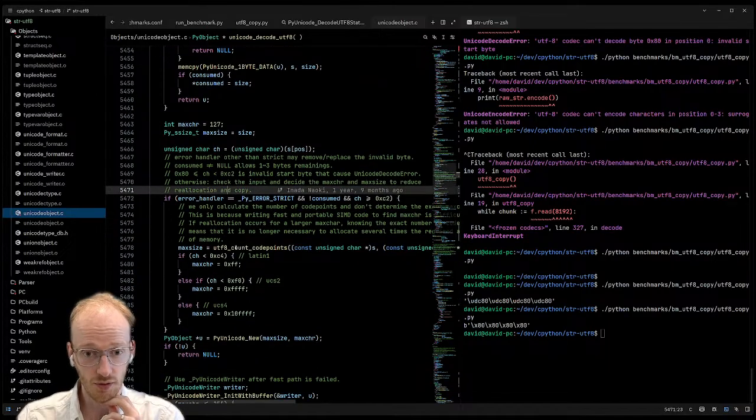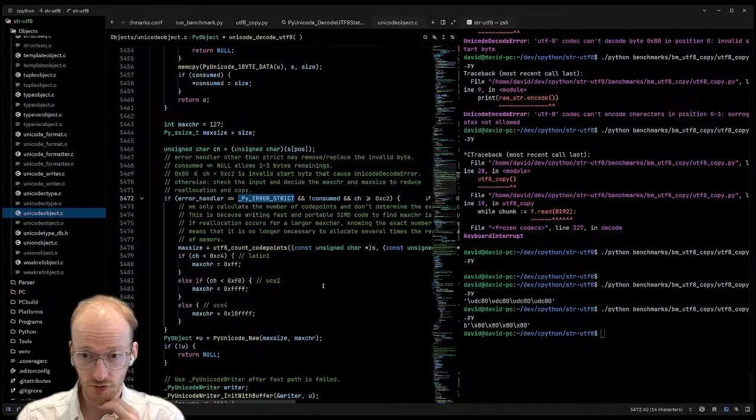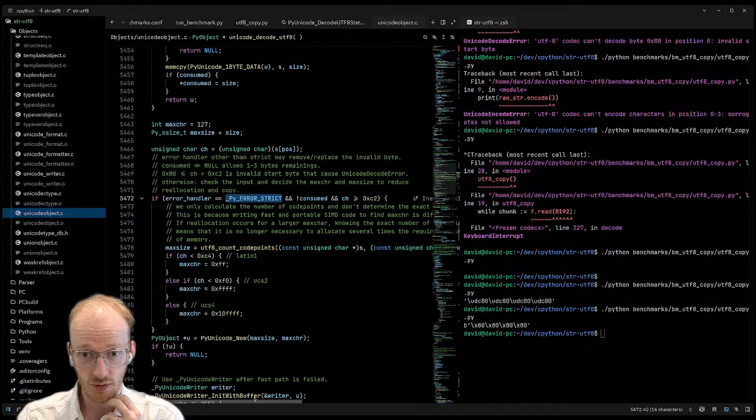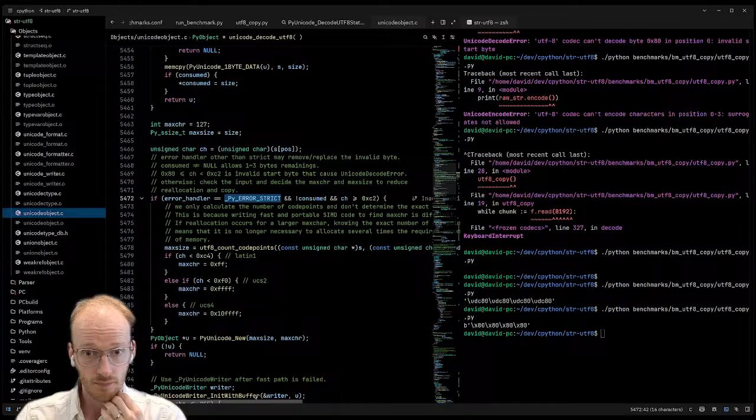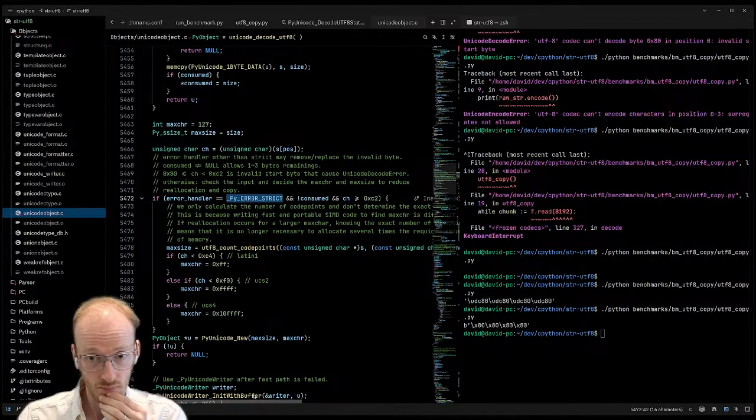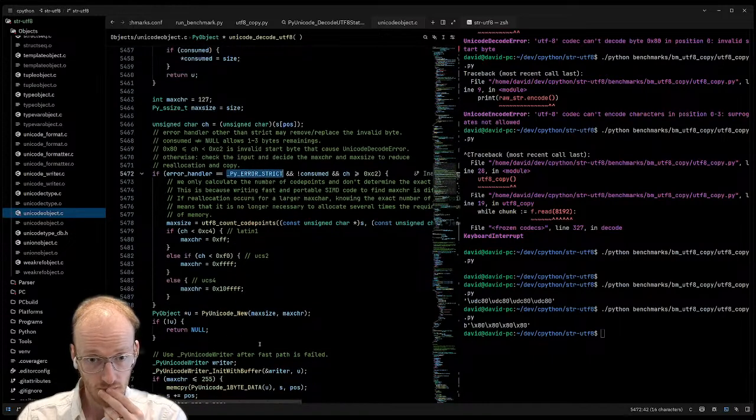Yeah, well, there's a special case here for strict already, which is interesting. Other handlers may remove or replace the invalid byte, and it might call arbitrary Python code, so not the fast path.